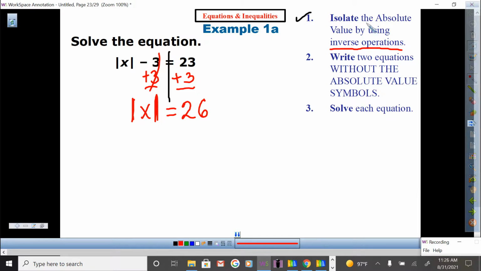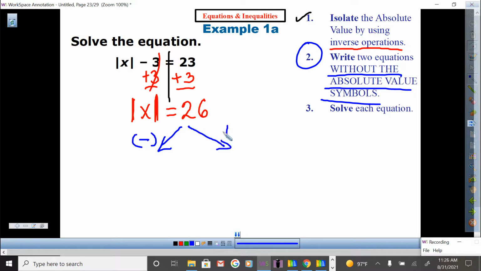Writing utensils down, look at the screen. Let me go over the next step. Step 2. Write 2 equations, but without the absolute value symbols. You're like, what do you mean, Mr. Q? Well, one equation for negative 26 and another equation for positive 26. Why those